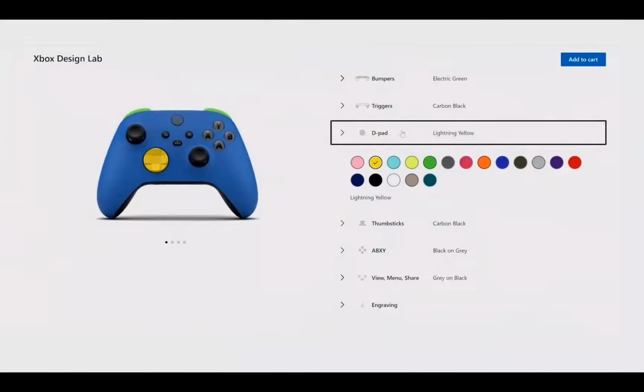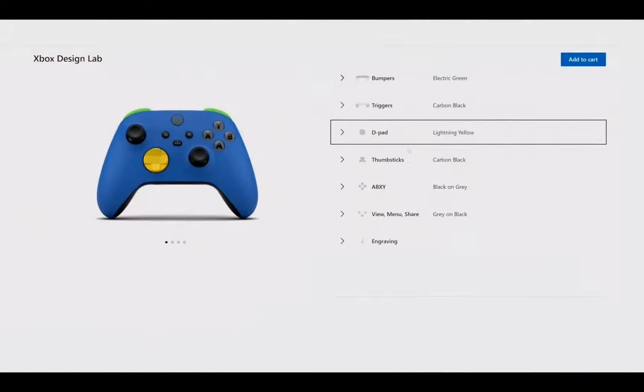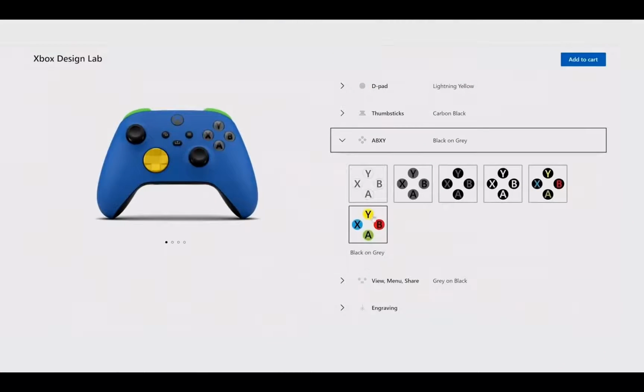Most of the colors include post-consumer recycled resins in them. So there's a portion of things that are ground up, like automotive headlights and recycled water bottle jugs, things that make the controller more eco-friendly. We also have new button options for the ABXY button set and the View Menu Share,